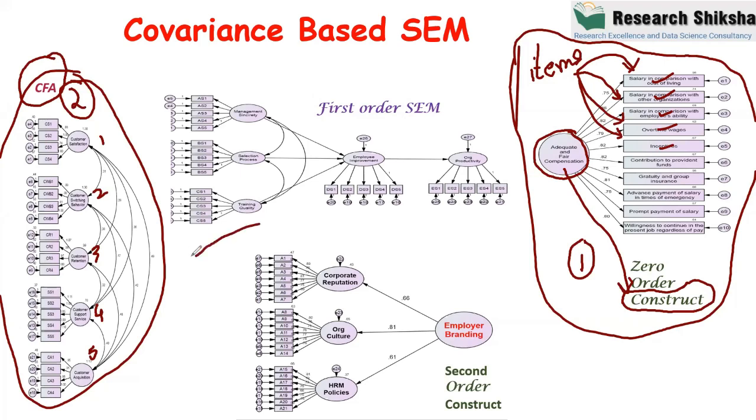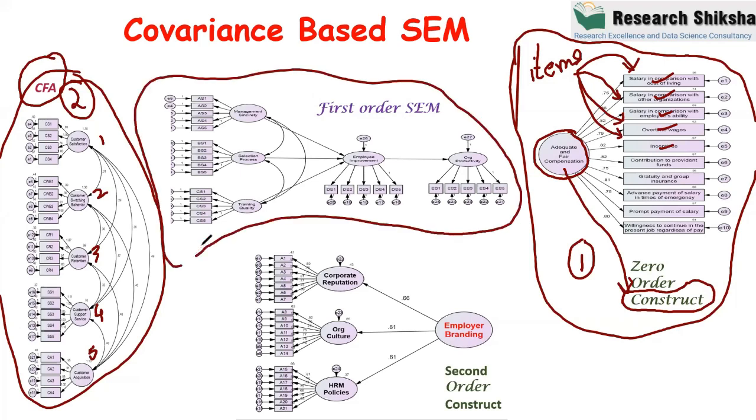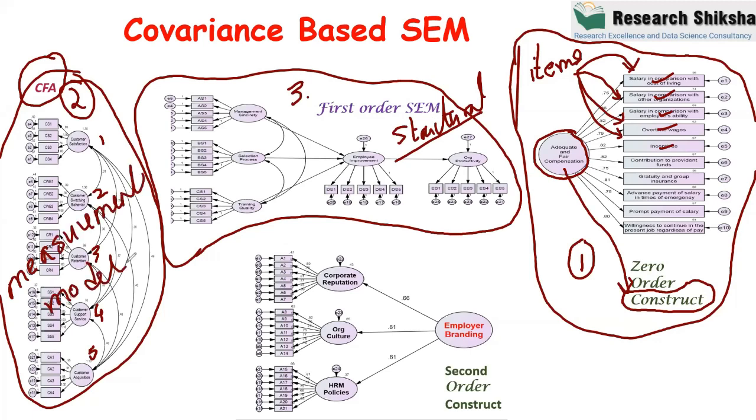Then the other model we have is this model. This is model number 3. This model is known as structural equation modeling, SEM, a structural model. So we have 2 types of models in SEM: one is the structural model and one is the measurement model. In a structural model, you can see this one-sided arrow, and this one-sided arrow is not available in the measurement model. It is only available in a structural model.